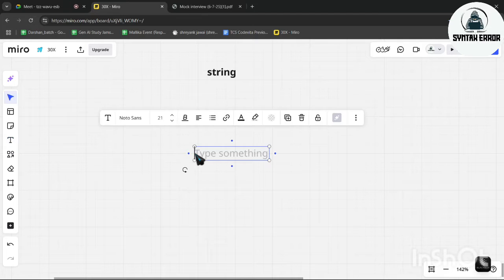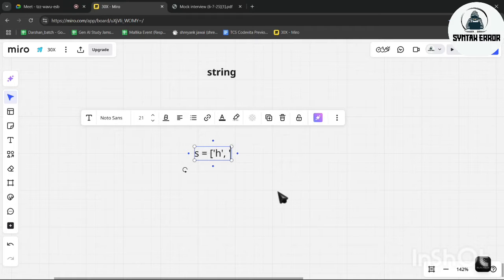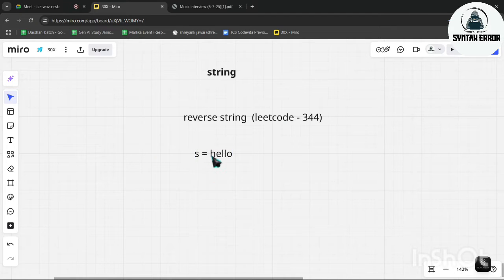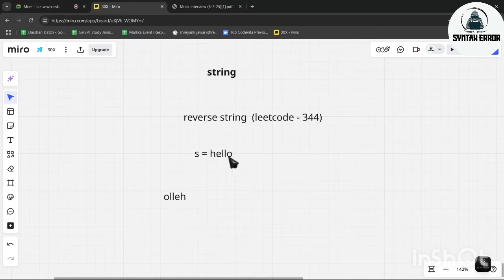Here is the interesting part. What does this question state? They will be given a string. Let's take s as an example, "hello". Just understand it as an overview, without going too deeply. What we have to do is give as output the reverse of this string. If they give hello, we have to print the reverse of it. This is the expected output.